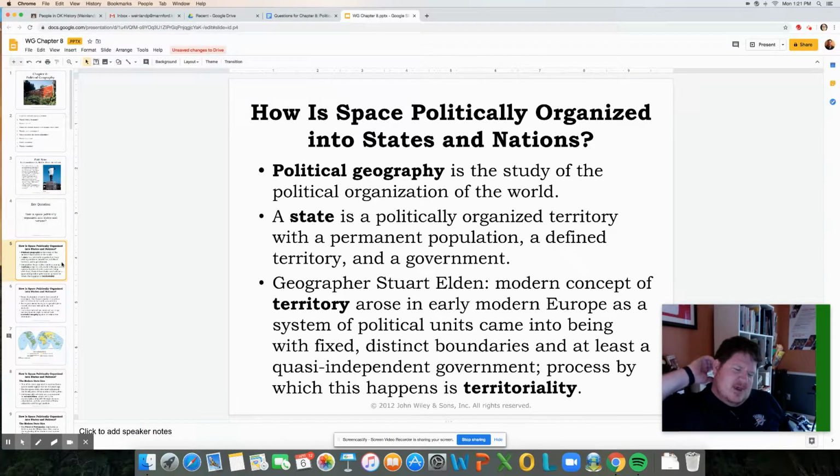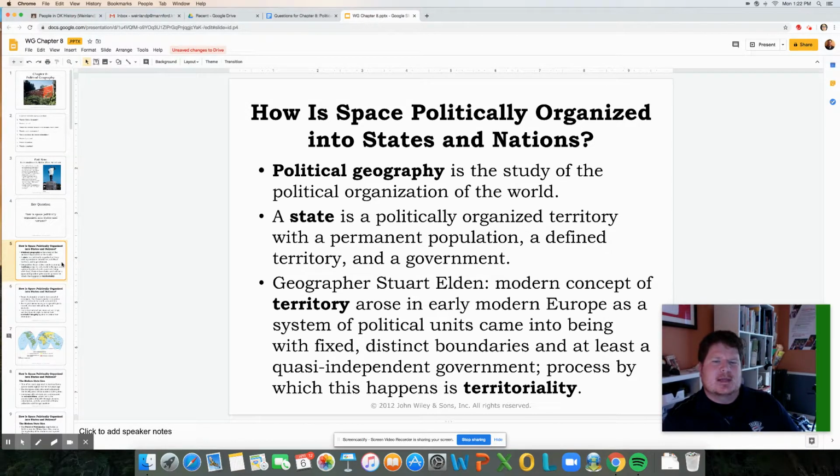Political geography, we have to start here. Political geography is another way of saying political organization of the world. We're talking about how the world is organized and how groups are organized into different organizations, countries, states, or nations. And really, a state is a politically organized territory with a permanent population and